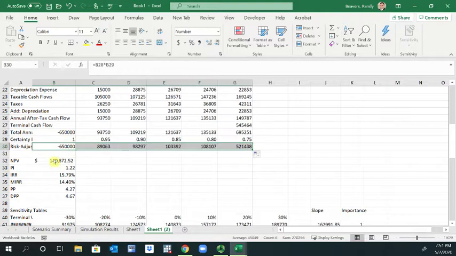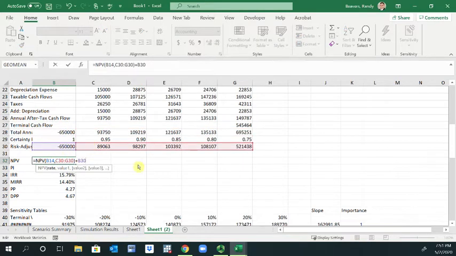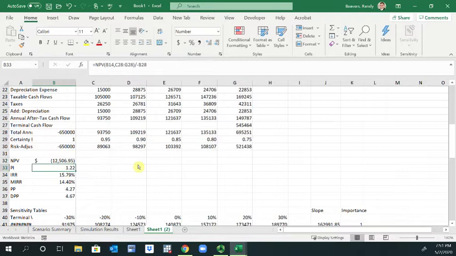So now we'll modify our formulas appropriately. So now the NPV will instead be risk adjusted cash flows. So you can see